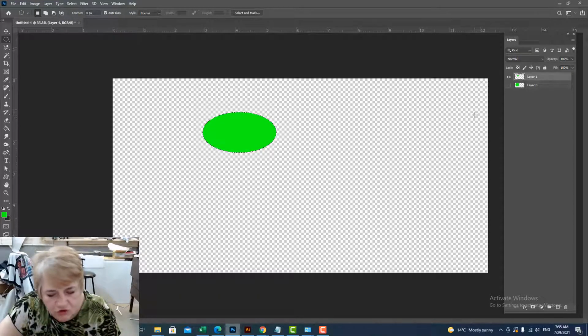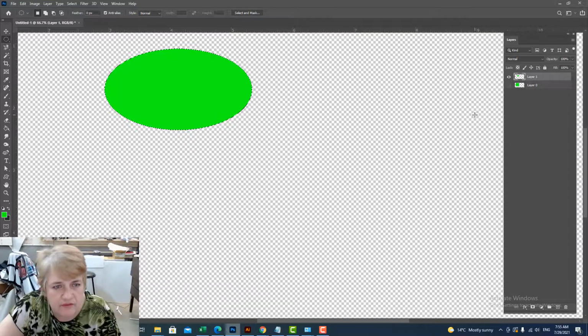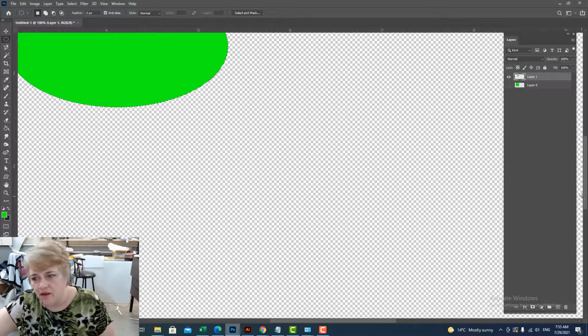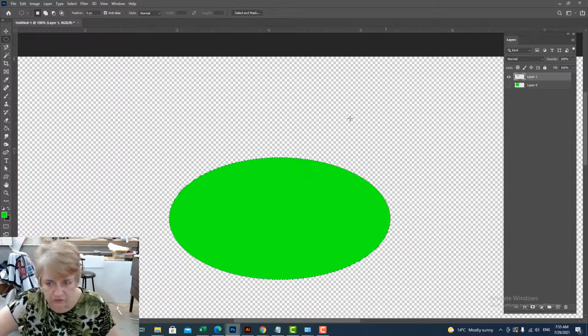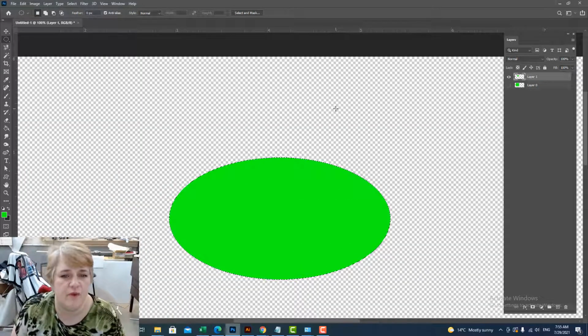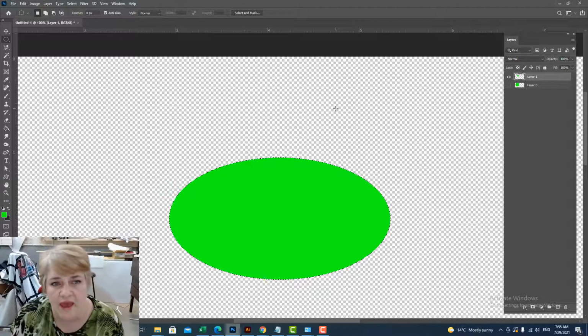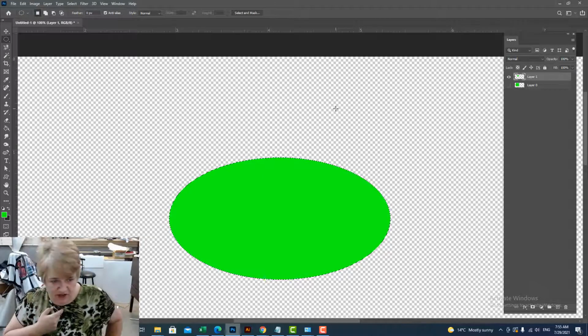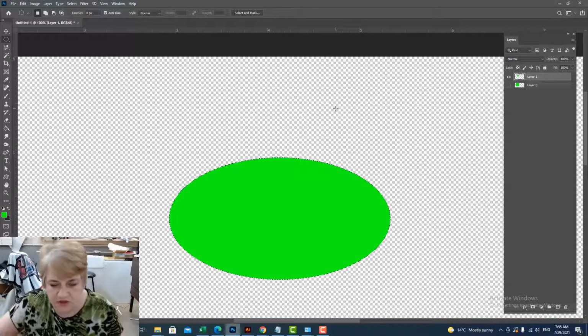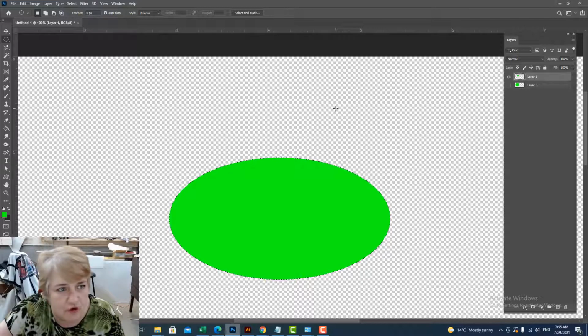If I hit Control plus on my keyboard, see how it zooms that in? It doesn't make it any bigger actually, it just makes the view of it bigger. So it's still 6.25 by 12.25 at 300 pixels per inch. But if you want to get in really close and do some really fine detail work, you can zoom right in. So here you hit Control plus,